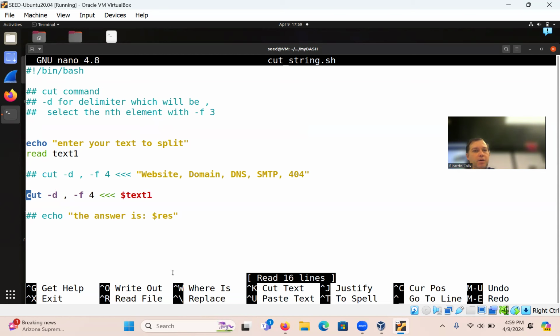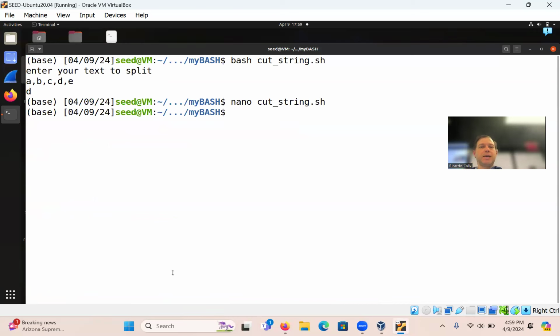I'm going to create a new one of this one. So I'm going to do Control X. I'm going to copy this cut string to a new version. So I'm going to do cp, and we're going to call this one exactly that, assign output from command to variable, right?